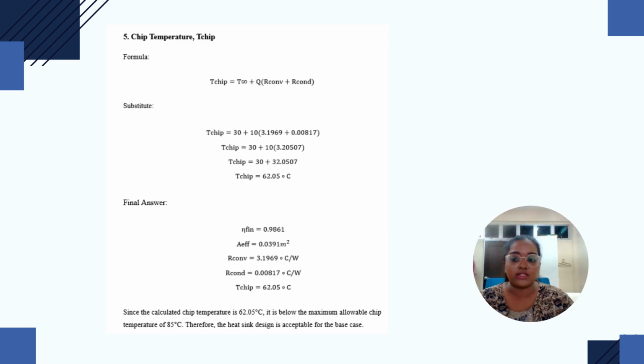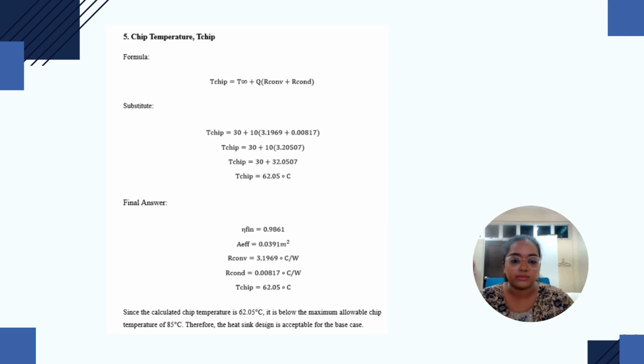Since the temperature is well below the maximum allowable chip temperature of 85 degrees Celsius, the proposed heat sink design satisfies the thermal requirement under the base case. Therefore, the manual calculation confirmed that the design is theoretically acceptable and is ready to be validated using SolidWorks flow simulation